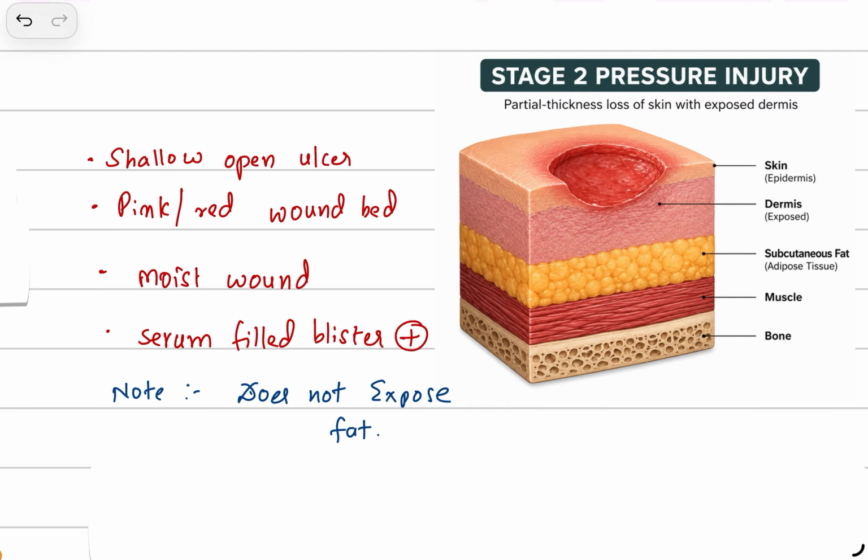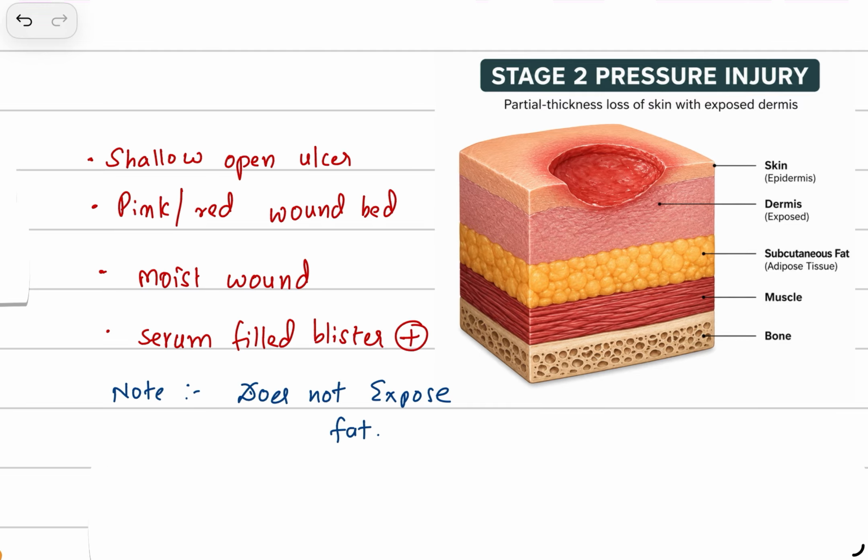Now coming to stage 3. In stage 3 you can see it is painless, and epidermis and dermis and subcutaneous tissue are exposed. Okay, which one is exposing here? The subcutaneous fat is exposed. And here there is slough also, granulation tissue, some of the mediators, and the remaining part of the debris on the top, that is called epibole, right? These are all exposed, and slough is also present, granulation is also present. Then we can call it stage 3, where it is exposing the subcutaneous fat.